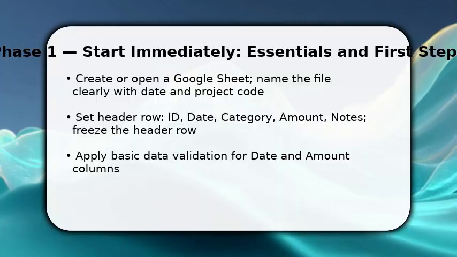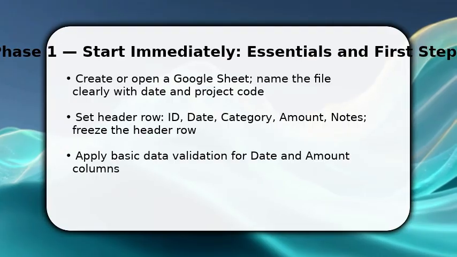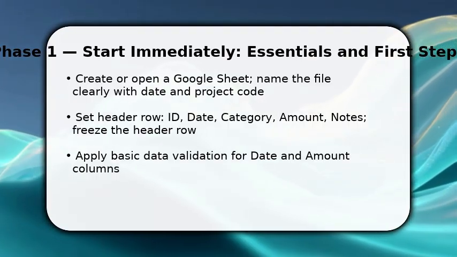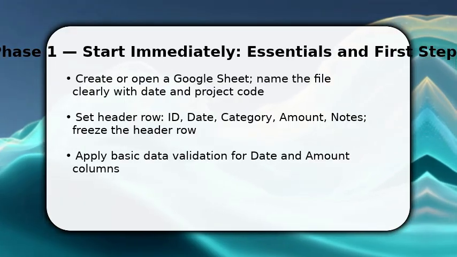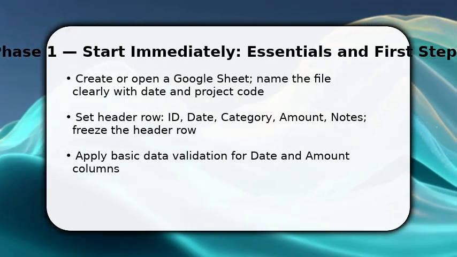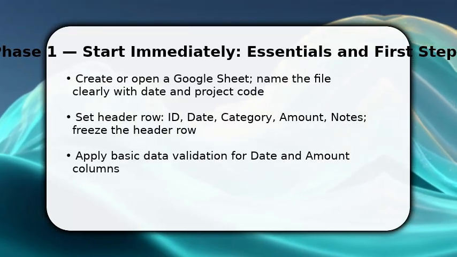You begin by opening or creating the Google Sheet and naming it with a clear date and project code so you can find it later. Once done, set a single header row with ID, date, category, amount, and notes, then freeze that row so headings